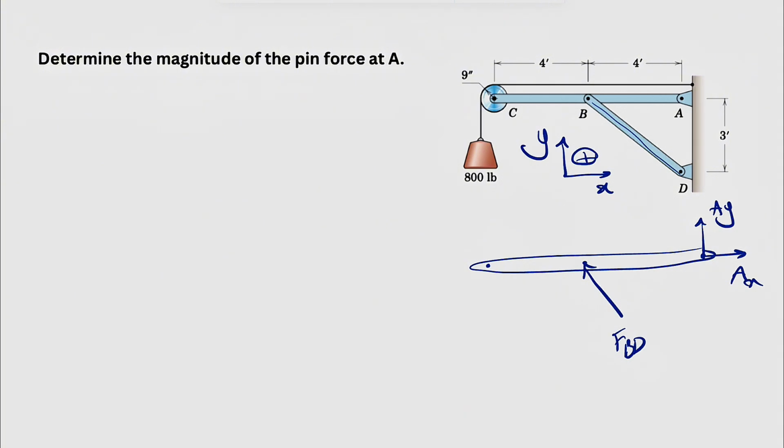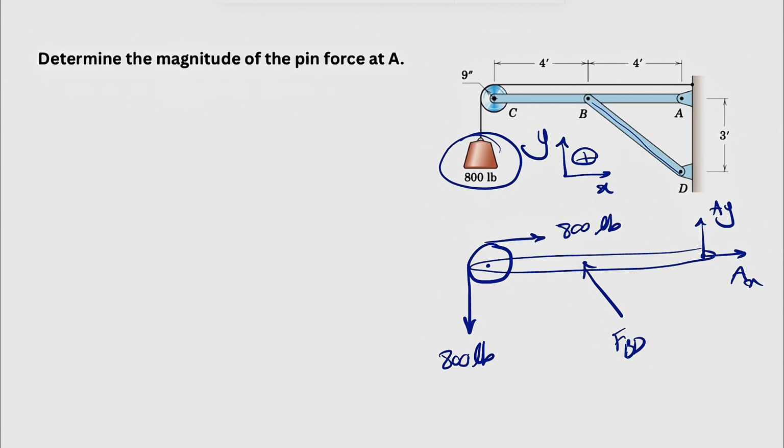And we have a pulley attached to point C, and we have a cable that goes around this pulley, and the cable is attached to a weight of 800 pounds. So we already have the force, 800 pounds. So this will be our tension, which is 800 pounds. Keep in mind that this is not a mass, it's a weight, so you don't need to multiply this by g. And since it's a single cable that goes around, the other side is going to have the same tension,